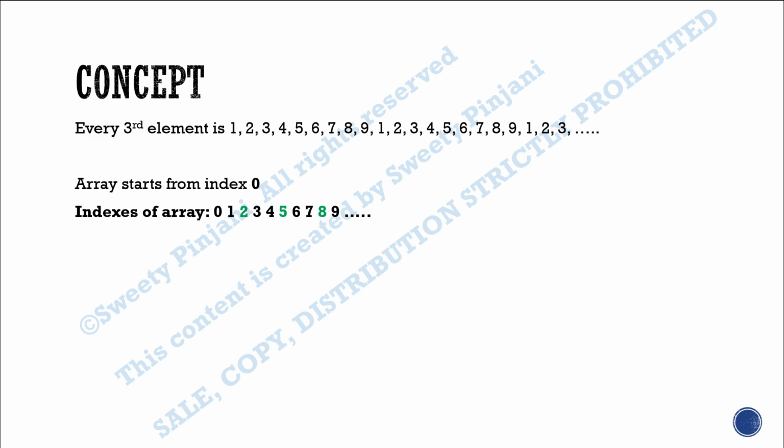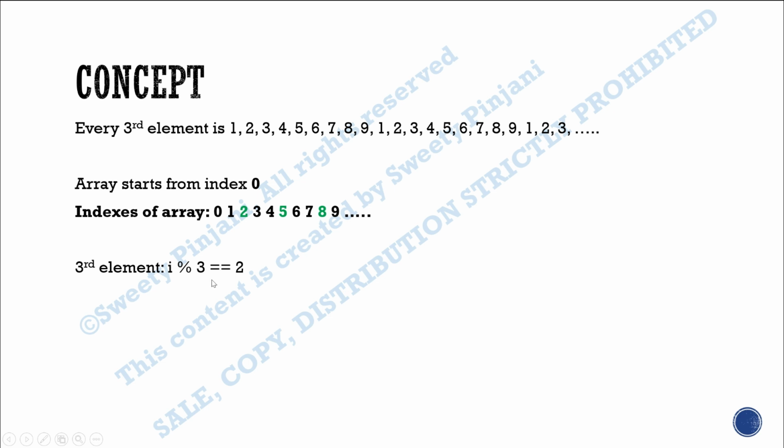Now we will construct the mathematical equations for this. So every third element, as I said, the index will be 2, 5 and so on. How can I construct the mathematical equation for that? It will be I modulus of 3. For example, second element, if you see, I modulus of 3 should be equal to 2. If you do 2 modulo 3, it will be 2. If you do 5 modulo 3, it will be 2. If you do 8 modulo 3, it will be 2. So every third element, the equation is I modulo 3 equal to 2.